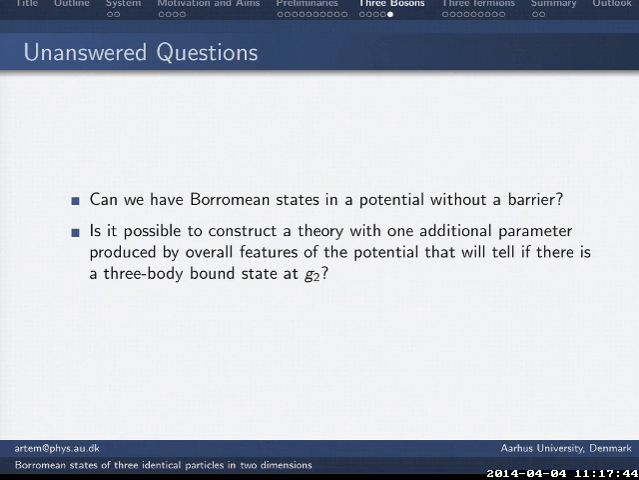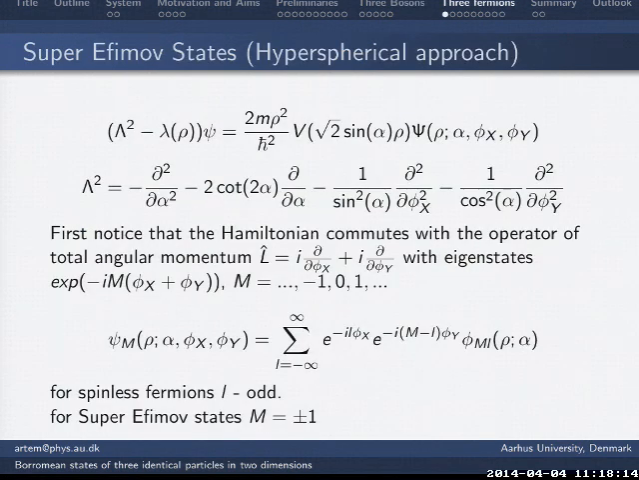Okay, and then we still have plenty of unanswered questions. First, can we have Borromean states in a potential without a barrier? That's one question. And the question that I really would like to answer is: is it possible to construct a theory with one additional parameter, produced by overall features of the potential, that will tell if there is a three-body bound state at G2? So you introduce some external, kind of universal parameters that will tell you if you can have a Borromean state. Okay, we are running out of time, but still,